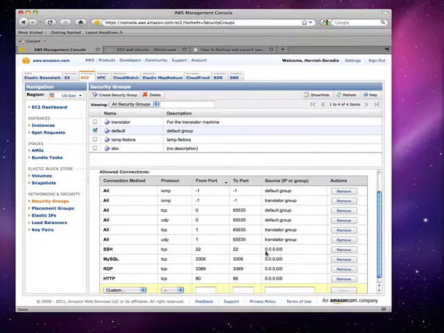And if you had only one IP that you want SSH to be allowed, you would say 1.1.1, whatever your IP was, /32. And that would make only that IP access SSH to that machine.